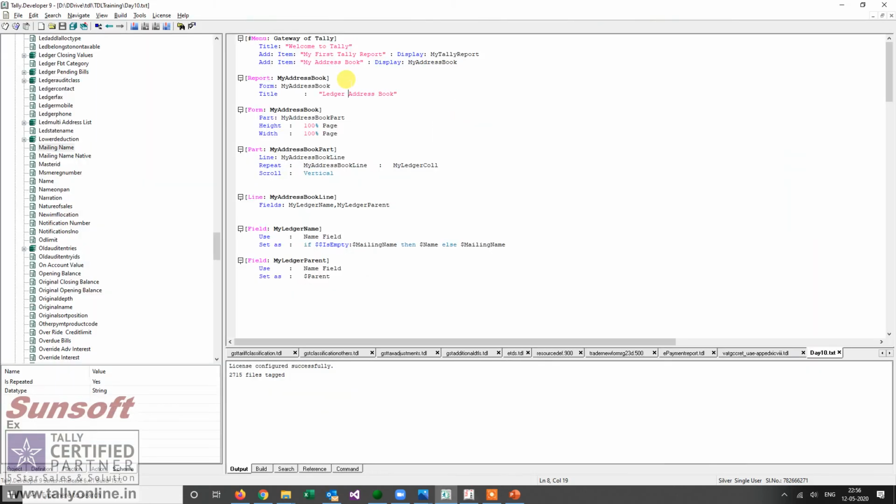Now let us introduce the address. I want to print the address. How do we have the address? Let me see what the method for address is. I suppose it is address only. Okay, so it is address only. So I print my ledger address.